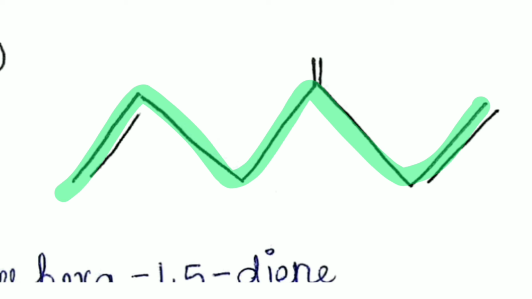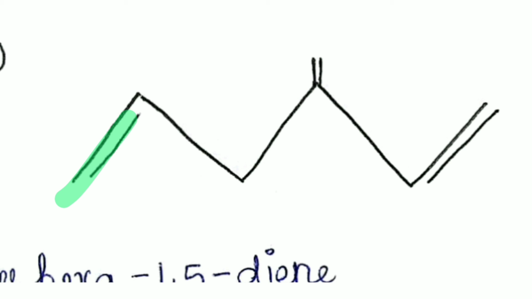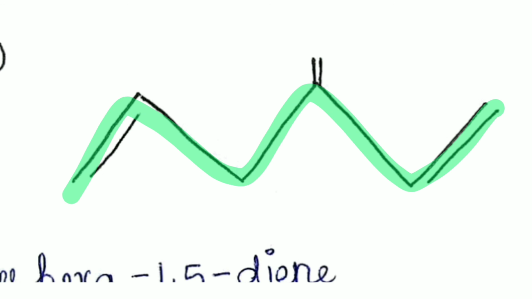Now since in both cases we're getting 2 double bonds in the principal carbon chain, we'll also see which has the longest chain, or the maximum number of carbon atoms in the principal carbon chain, which in this case, guys, is 6 carbon atoms, and also 2 double bonds here. So therefore this is our principal carbon chain and this is our substituent.